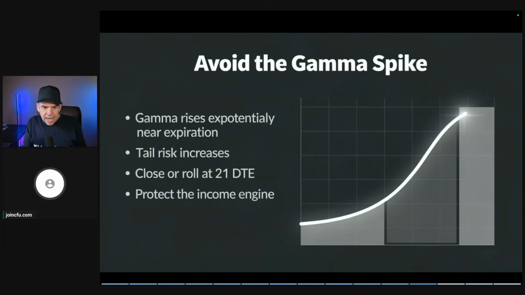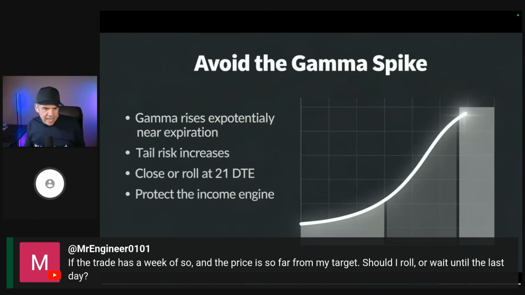Avoid the gamma spike. And this gets back to what we were talking about earlier. When you're down to like a dime or 5 cents left on your position, don't be sitting there waiting for that last little bit of expiry. I always want to enter into a put credit spread with an 80% profit target. Once I hit that profit target, I'm out. I'm not going to wait, because as you get closer and closer, when there's a week left and the price is really out of my target, like the trade's done, I'm waiting for the last dime. Don't be doing that. Get out of that trade and move that capital over and enter into a new trade,